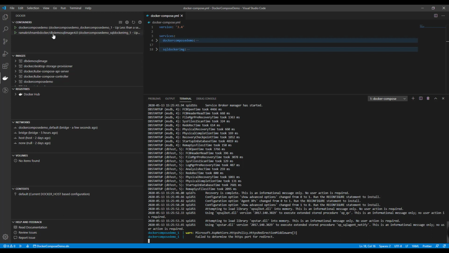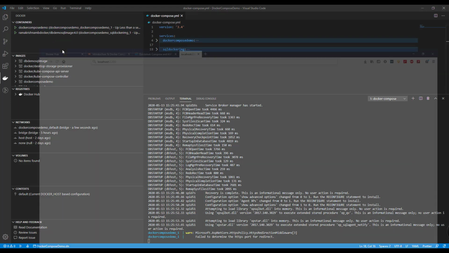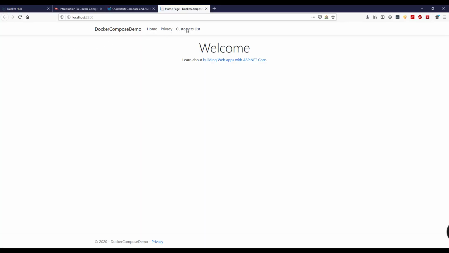Now if you see the containers, we have two containers running, one for our Docker Hub image, that is the SQL Server image, DB demo SQL image with the tag 4.0, and another one, Docker Compose demo, is up and running. Now just right click and open it in the browser, the web application one.